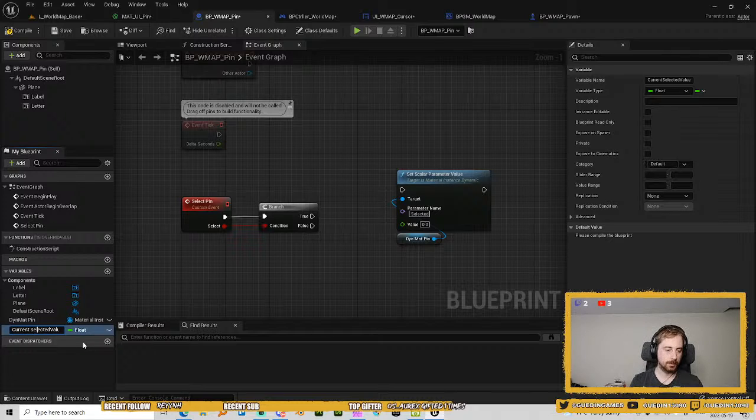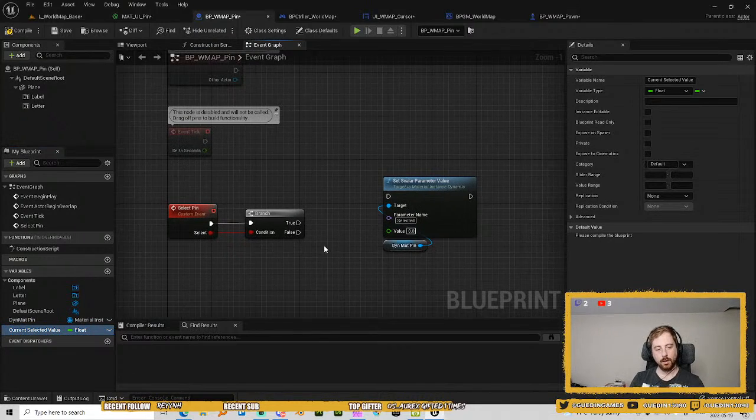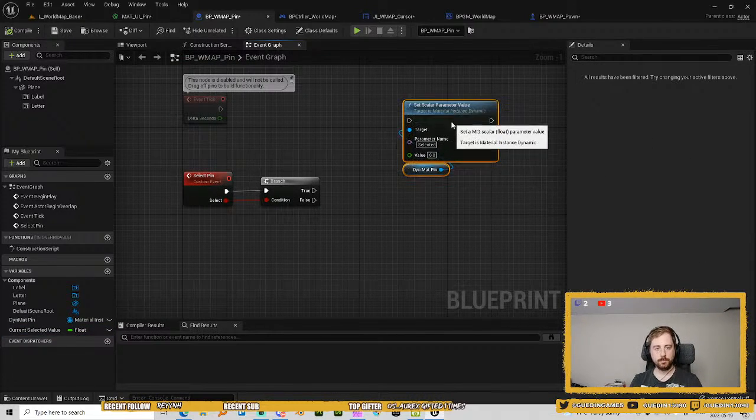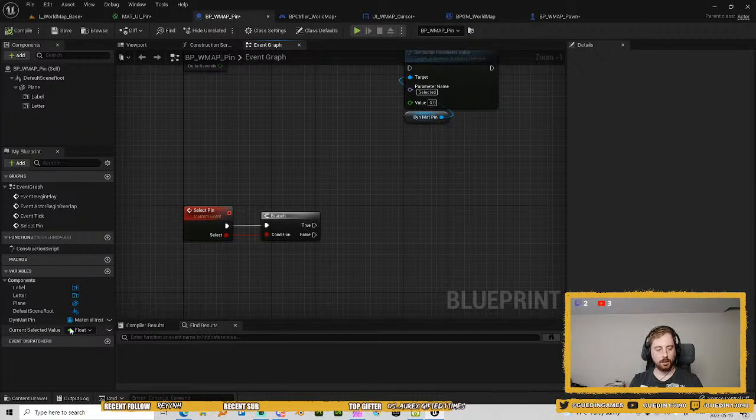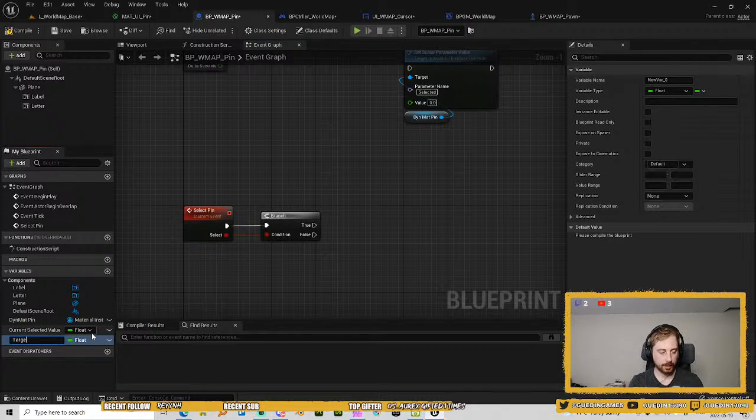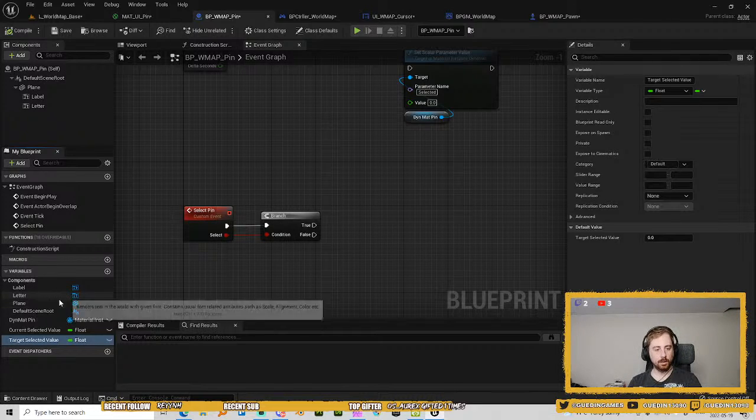Let's put a little bit of spacing so that it's clear. All right, and by default it's 0. And we're gonna create another one that's gonna be called target selected value. It's gonna also be 0 by default. Yes. And here's the thing. So what I want is